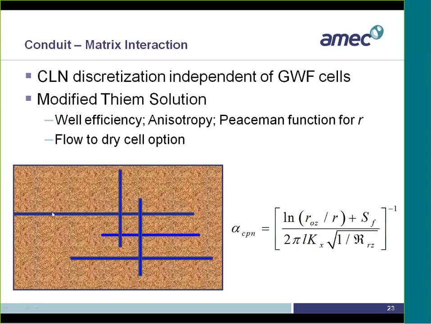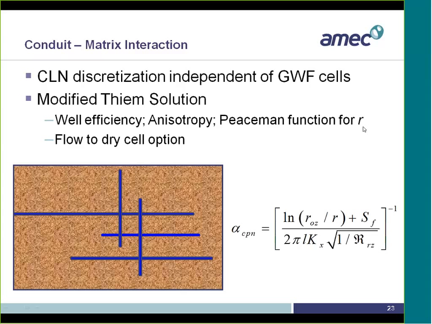The connections themselves are done rather than through a leakage. The leakage option is available. However, the option that is also available is a modified Thiem solution. So essentially, we are using this analytical solution, which has this logarithmic function for head with respect to the radius from a well, from a conduit, and it uses that to patch in the conduit to the porous matrix cell. The Peaceman function is used to find some effective radius where that head is at the porous matrix cell, and